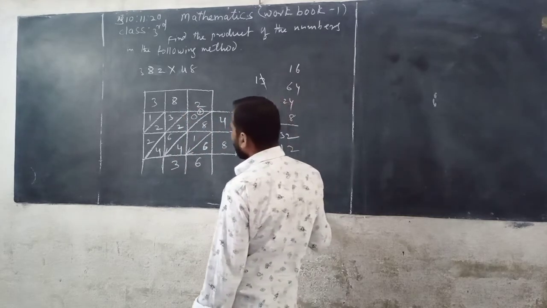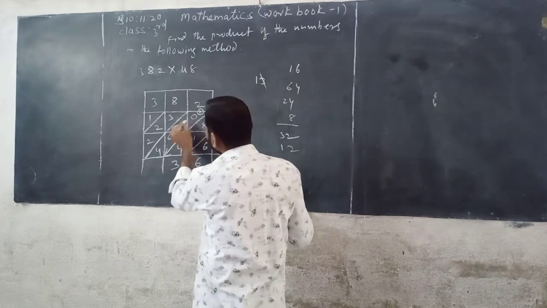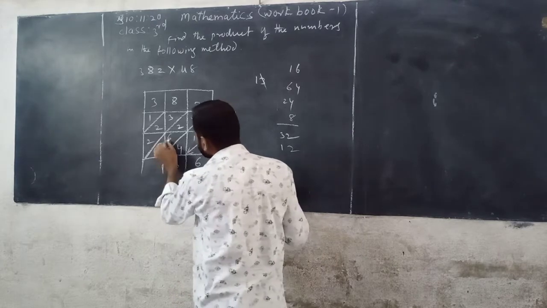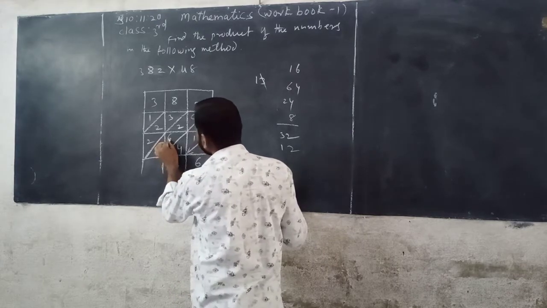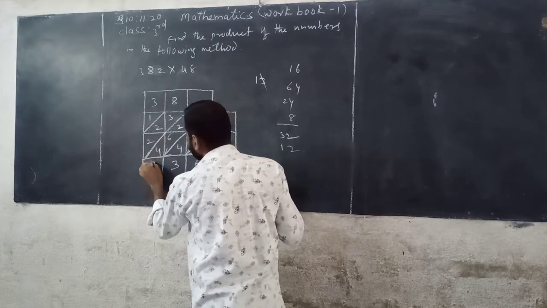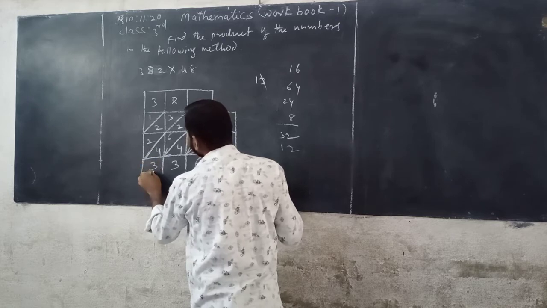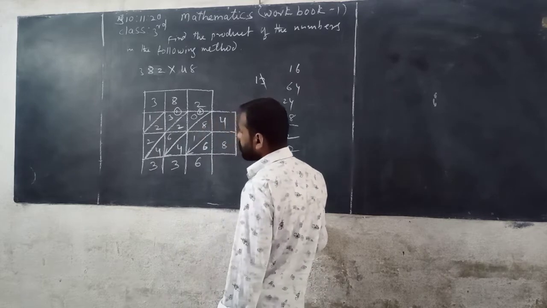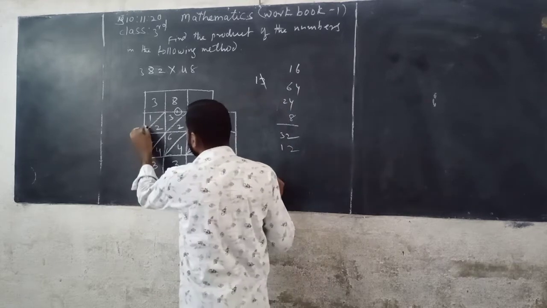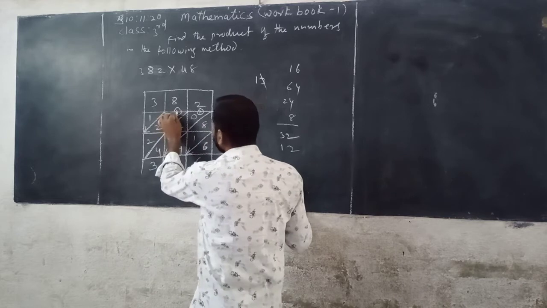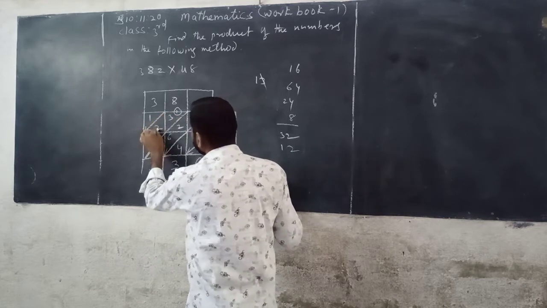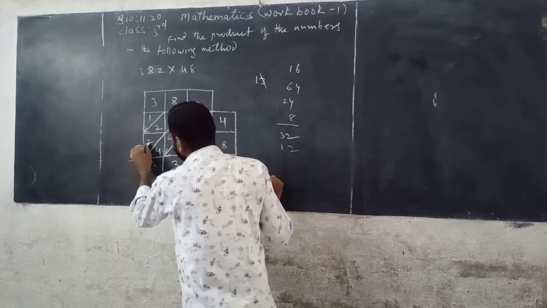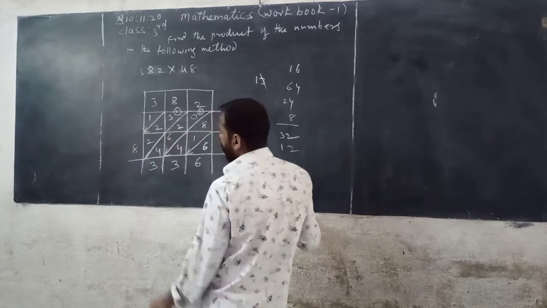Now here you can add 1 plus 0 is 1, 1 plus 2 is 3, 3 plus 6 is 9, 9 plus 4 is 13. 3 taking right in this box and 1 carry over to this place. Now next, add the digits along the diagonal. 1 plus 3 is 4, 4 plus 1 plus 3, 4 plus 2 is 6, 6 plus 2 is 8.